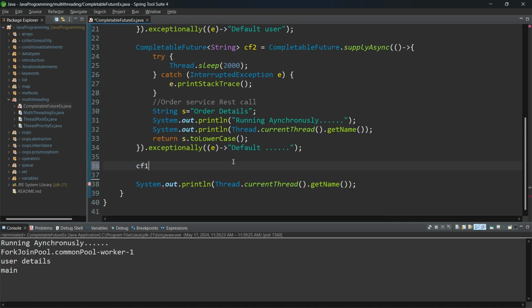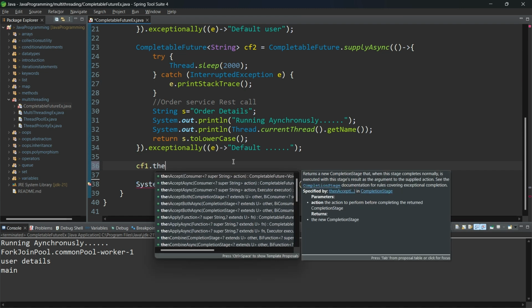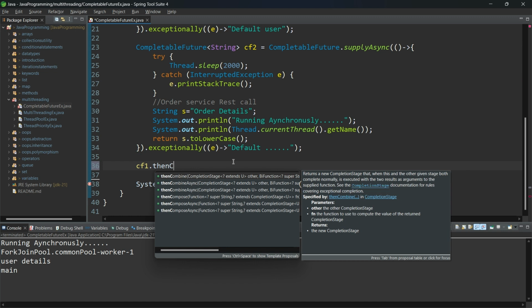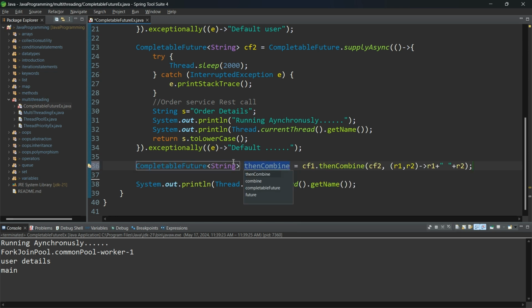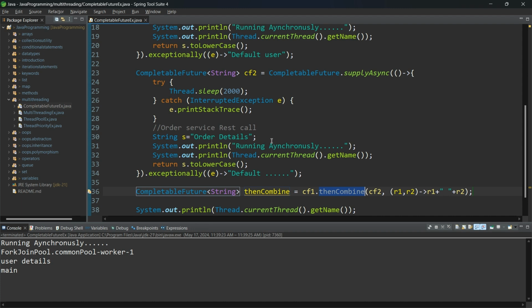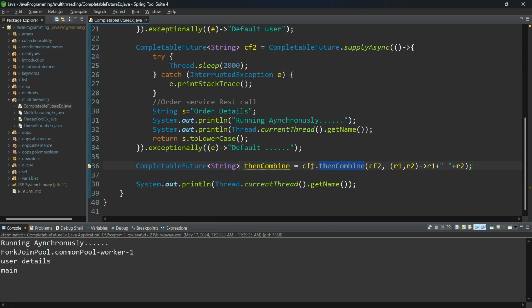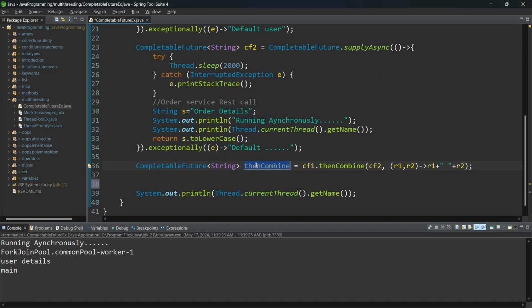completableFuture1 dot thenCombine. I am trying to pass completableFuture2. Once the first CompletableFuture has got the result, then I am trying to apply. So result 1 and result 2, I am trying to combine and return it. So like this we can combine more than one. Even if we have a number of futures, we can combine by using thenCombine. So finally I am trying to call by using this thenCombine reference